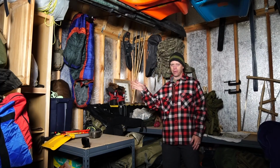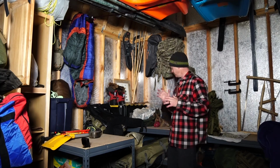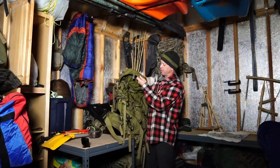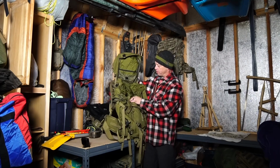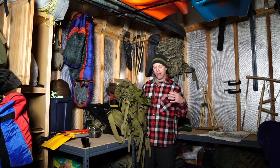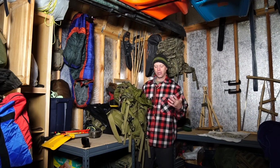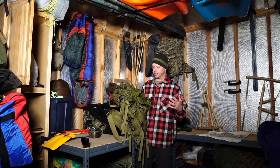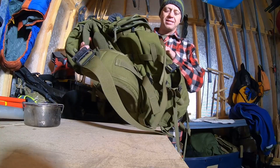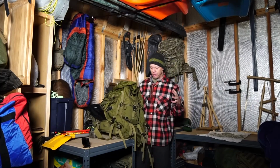So if we take it from military, we dial it down a level to half military, half civilian. That's when we run into a situation like this Kifaru SF bag. The main reason I use this bag personally is for winter stuff. The problem when it comes to exposure is you really just need more clothes. You either need more clothes or heavier tents or a stove, that kind of thing. So if you're carrying more, you need more space. This bag has side zippers that will just make it expand and expand,